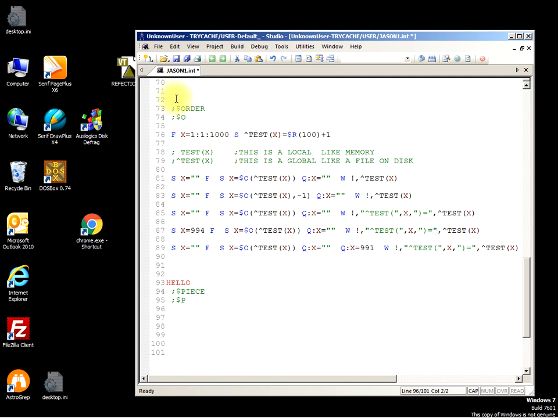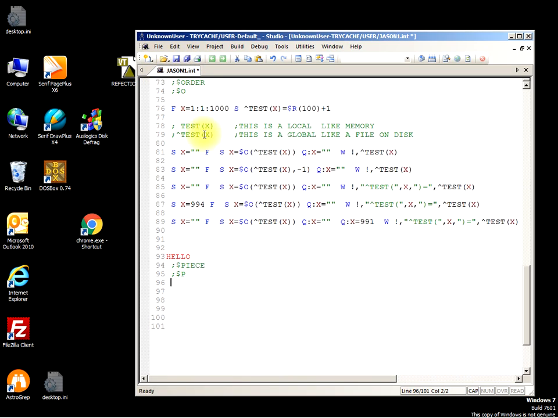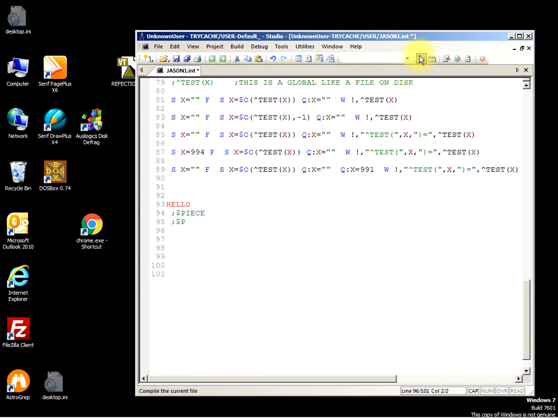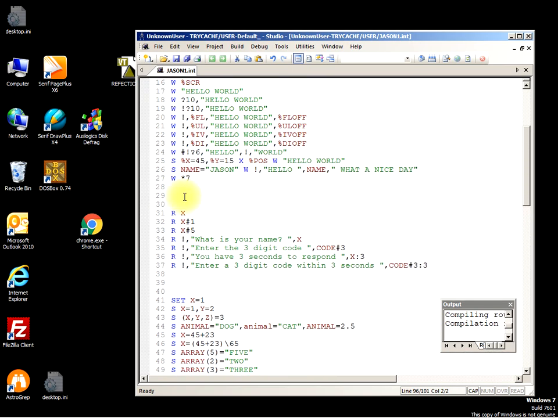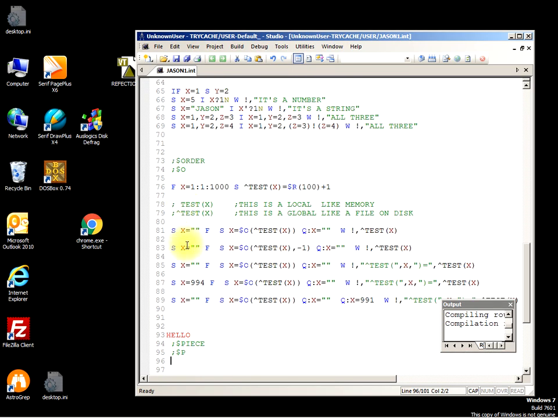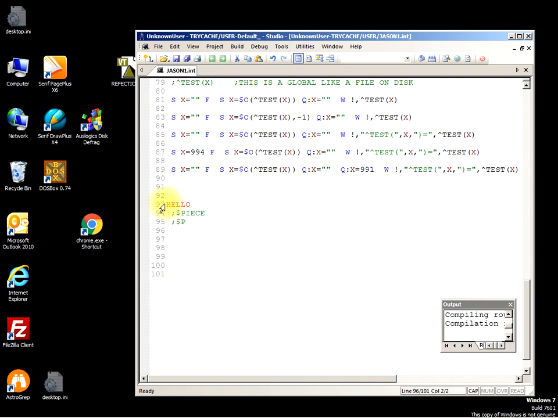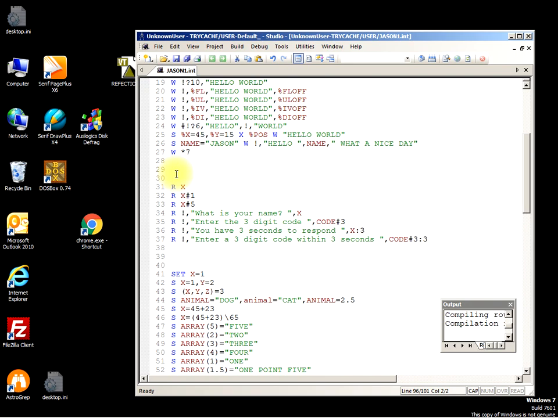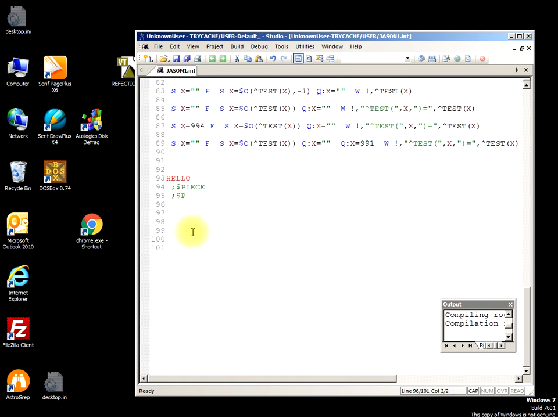So our routine today is JSON1, that's where I've been saving all the data. But this particular one we're going to have a line label. You can tell it's a line label by the fact that it's lit up red, and it's to the very next of the left hand column, whereas all the other code starts one space in. So this is a line label. So what we're going to do is